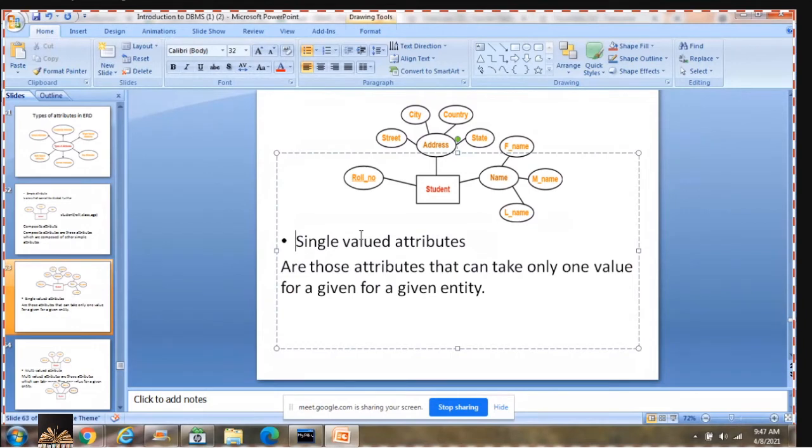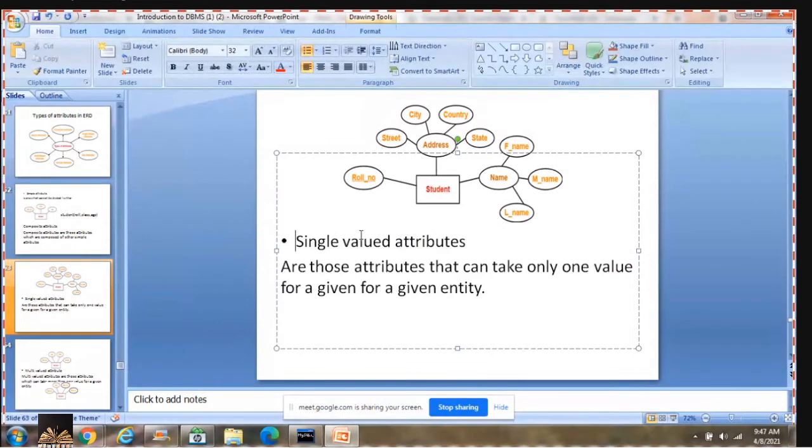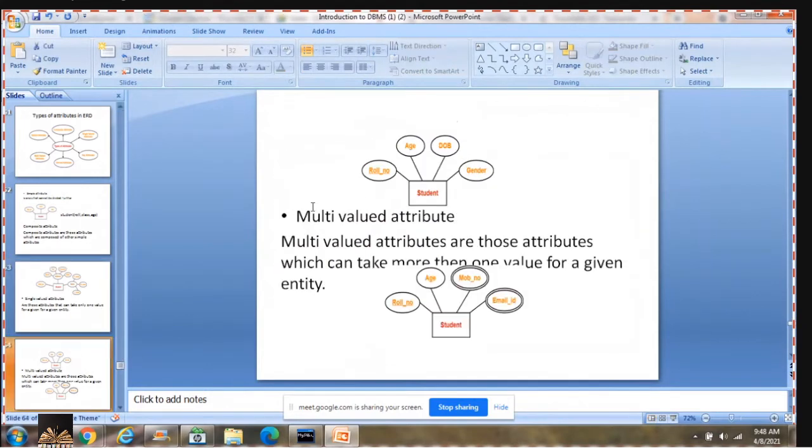Okay, next, single valued attributes. Whenever your attribute should contain only a single value for that particular entity, you say that attribute is single valued. The representation is the same.